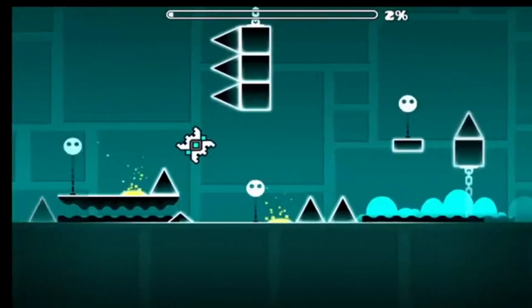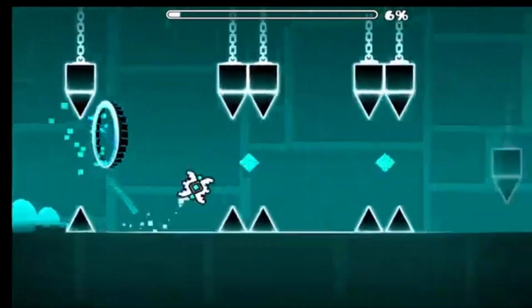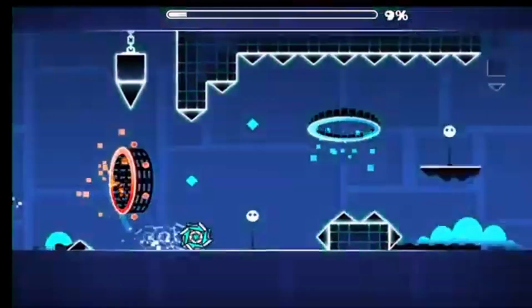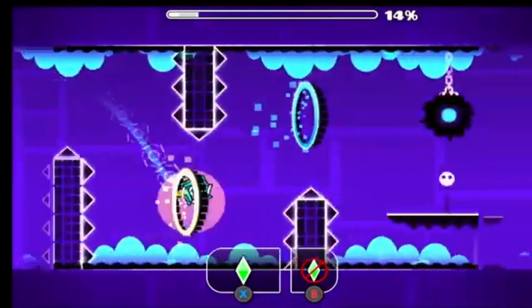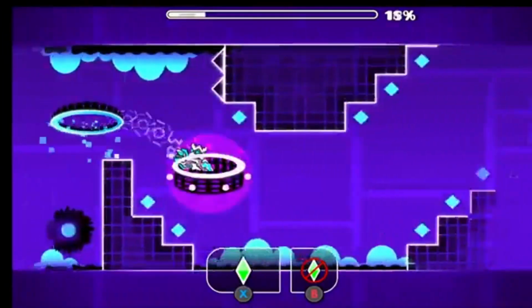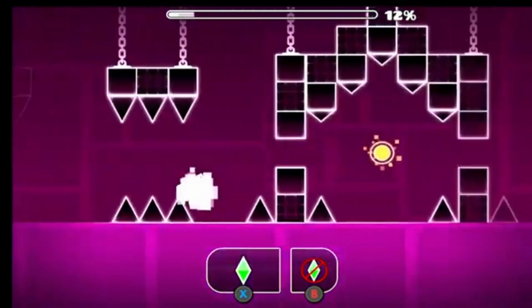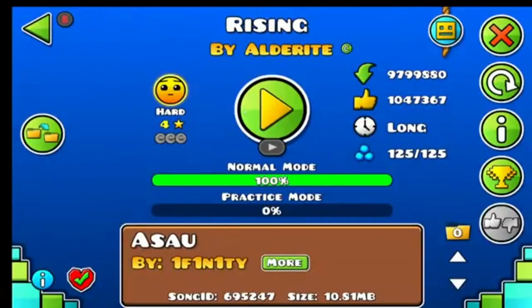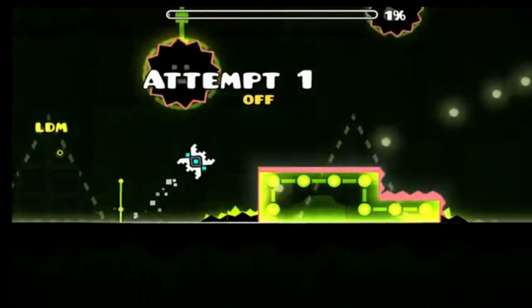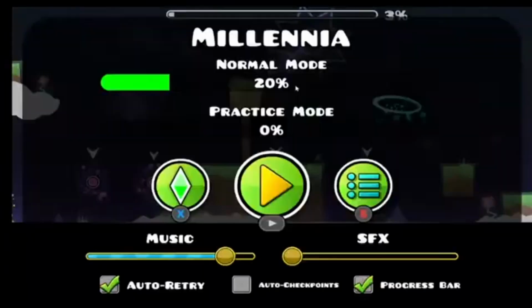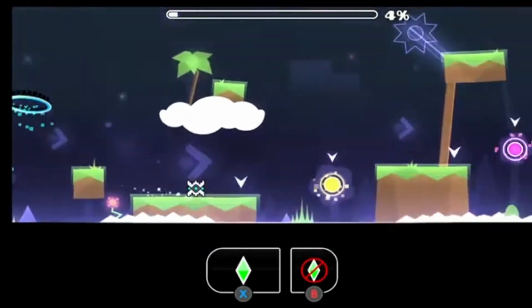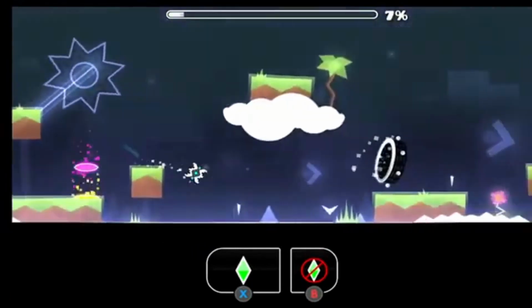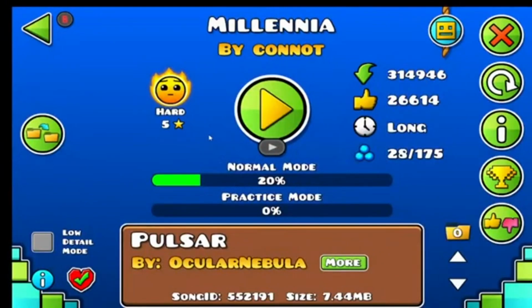You got X-Step, right? This is X-Step. But then you have the practice mode song. I started in the middle of the level. It's still synced. The practice mode song syncs with literally every level in existence that I know of. So even custom levels. You got this one. This is not, no, that's not a good custom level. Now does this sync with practice mode? Yes. Why does the practice mode song sync with everything?